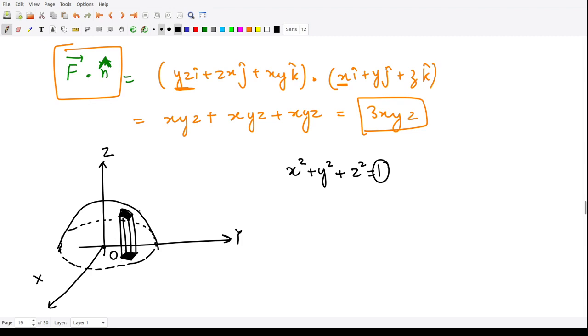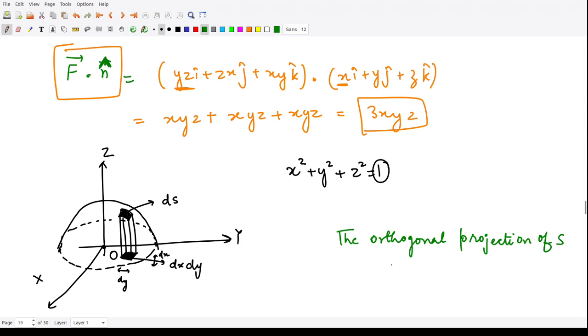Now what is this? This small portion here represents dS, right? And the small portion here represents dx into dy, the small displacement in x into the small displacement in y, right? So therefore you have the value of your integral as follows: the orthogonal projection of the surface S on the xy plane is given by the region R,